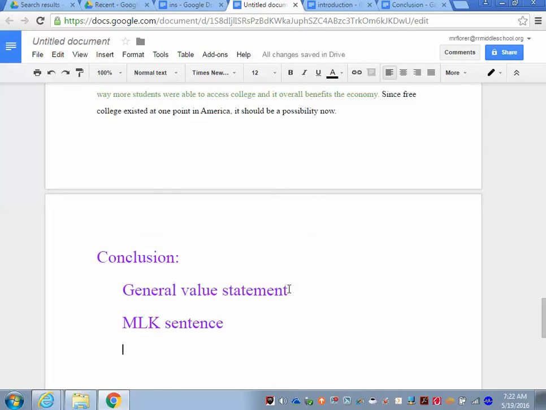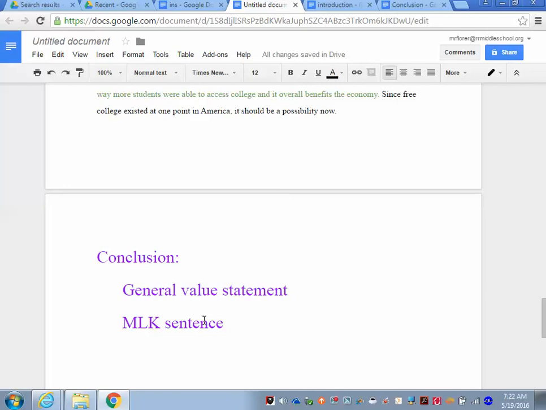You can reword the one you had above, and then the Martin Luther King sentence that follows the form in his letter from Birmingham jail, where he says, when, and then you would list one of your reasons, semicolon, when, another reason, semicolon, when, another reason, semicolon, and then you use the word then and repeat your